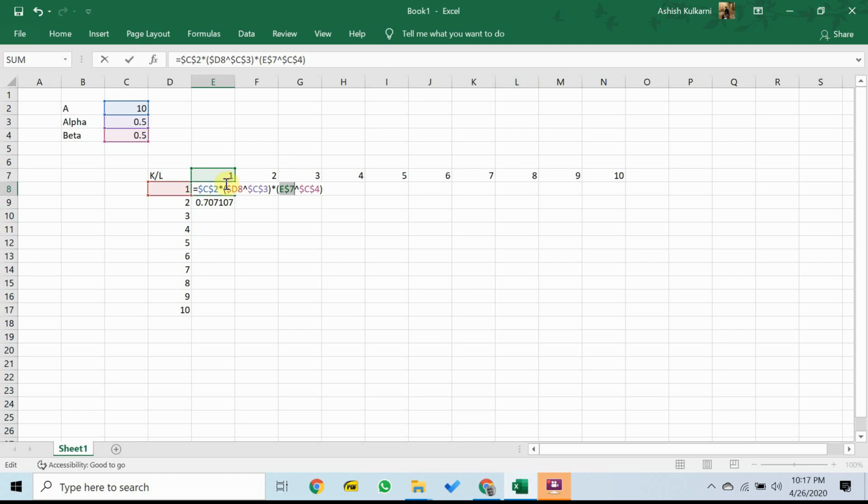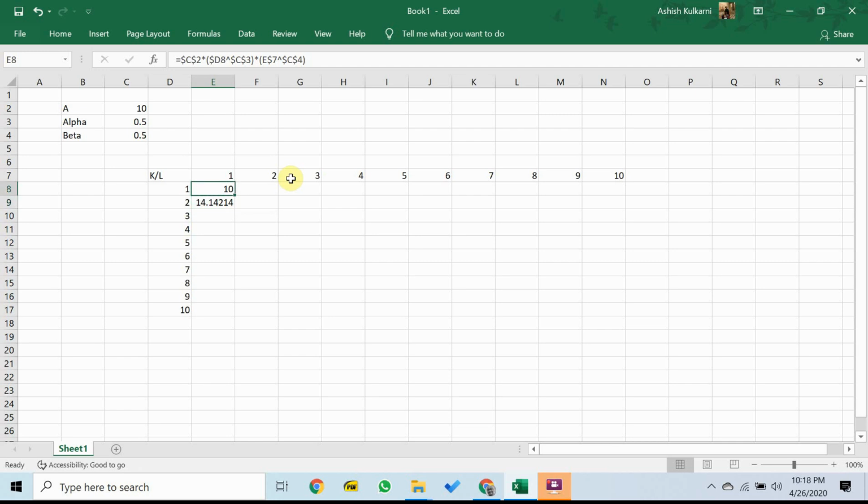So quick recap, this cell doesn't move. In this case, the column doesn't move, but the row can move. Nothing moves. The column can move, but the row can't move. Neither the row nor the column can move. The answer doesn't change, but when I copy the formula down, I get the result that I wanted.